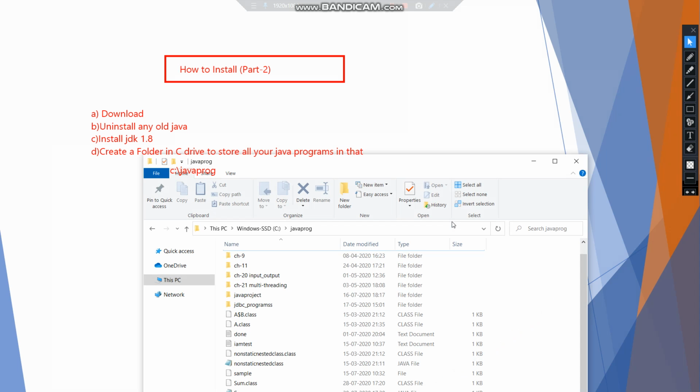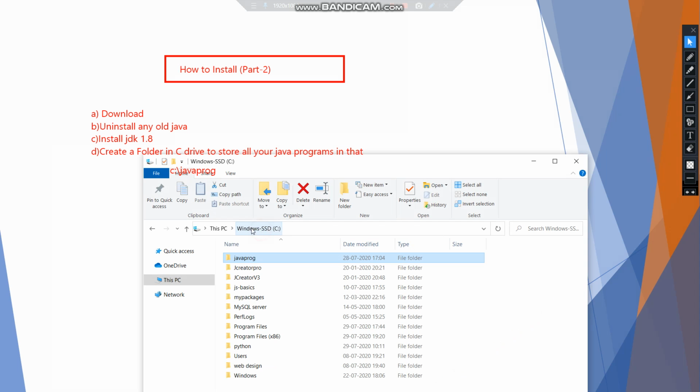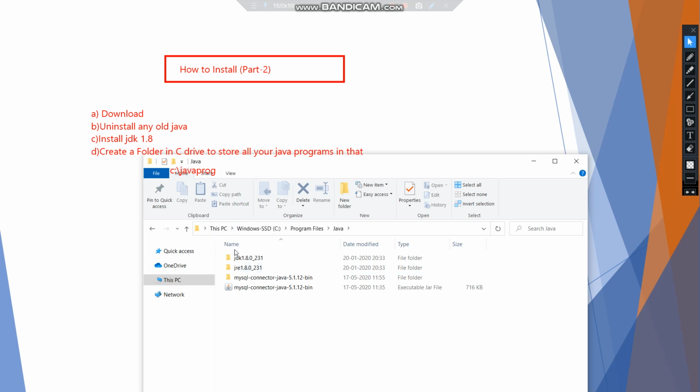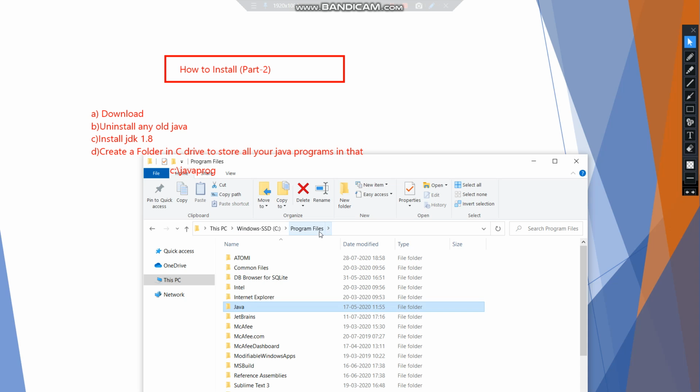JDK, it will be installed in this C drive, and you can see here these program files. In these program files you can see here the Java folder. So you need not save your programs here, they'll not work here. Okay, you cannot save the folders or programs of Java in this program files folder.